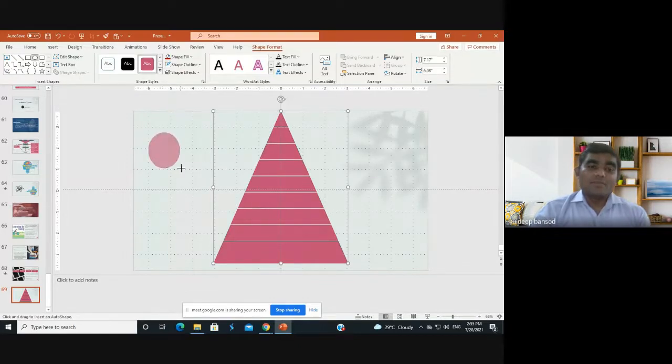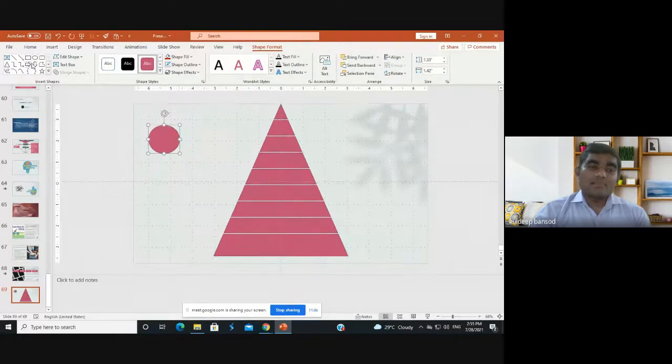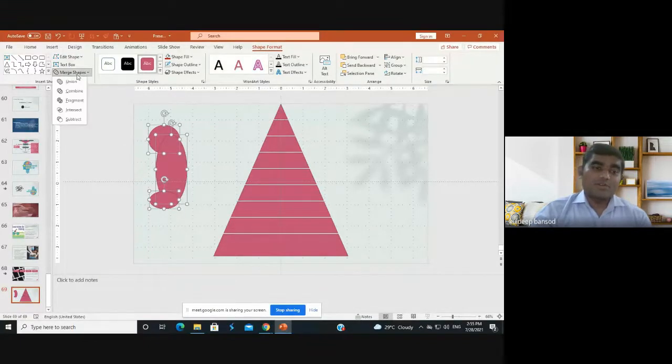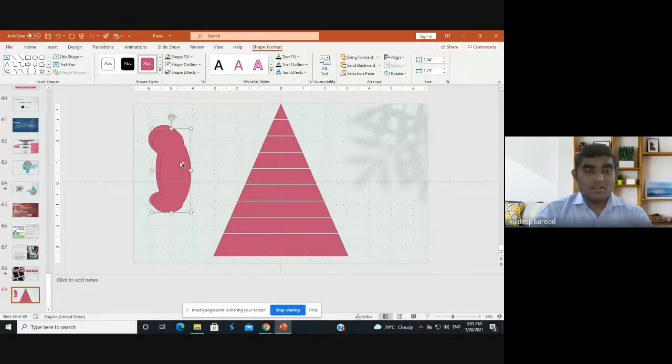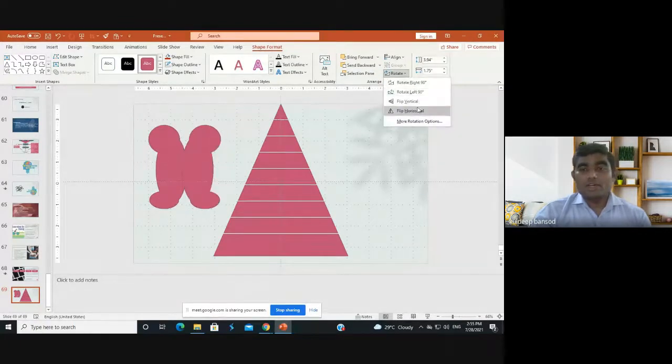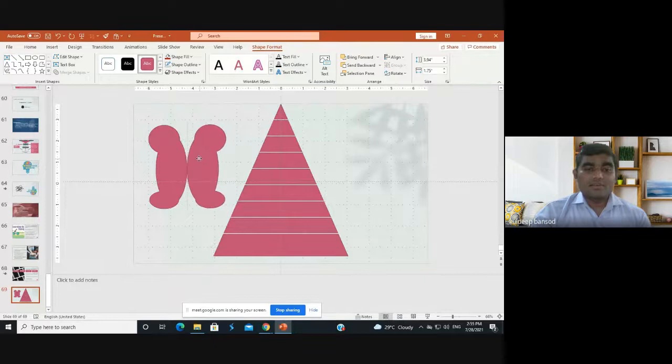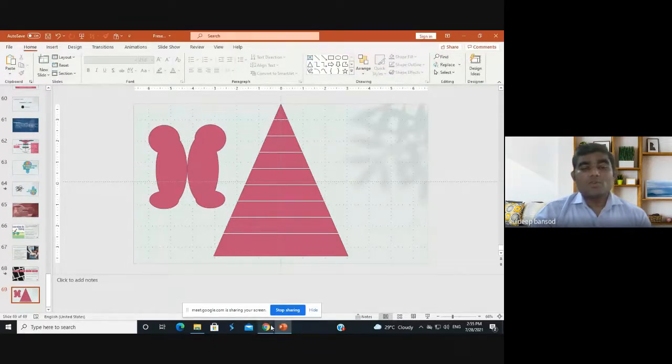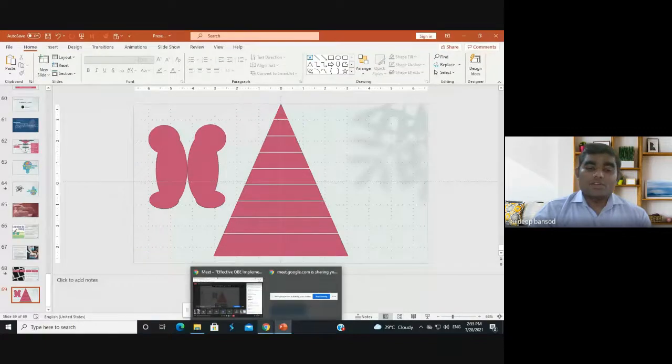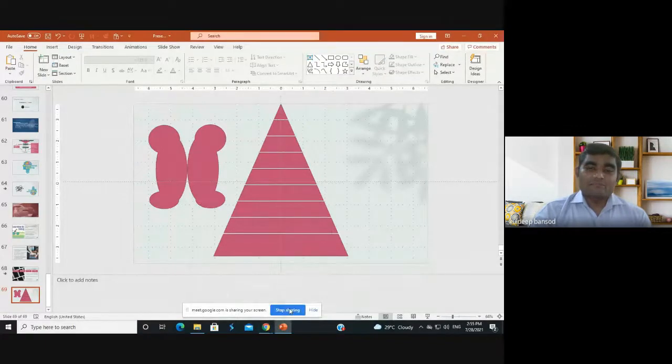You can merge shapes. If you observe a receptor, that receptor is built like this. You have to select all these three, go to the Union option. This is the one, put it, go into Rotate, Flip Horizontal, and this is the receptor. So in this way, we have to build. This option is available after Office 2013. Now I have 2019, so it is possible for me to bring the shapes into pieces. Okay, sir.